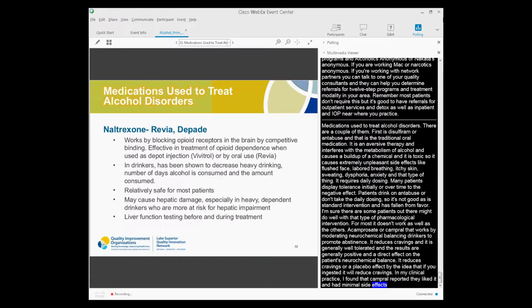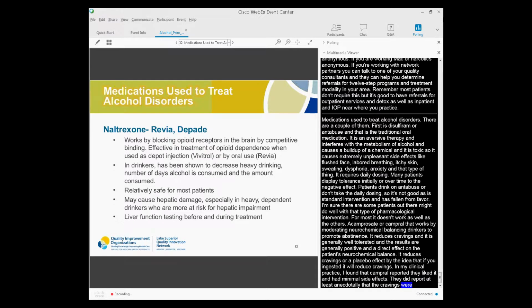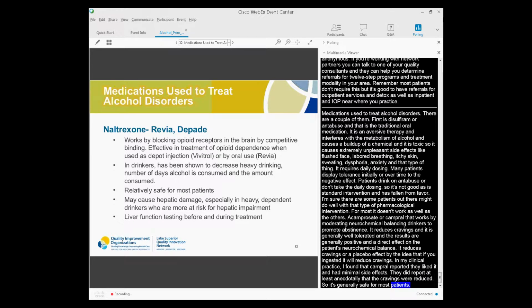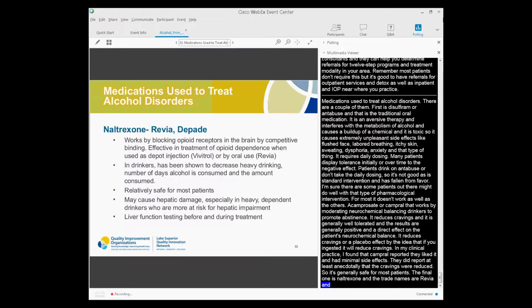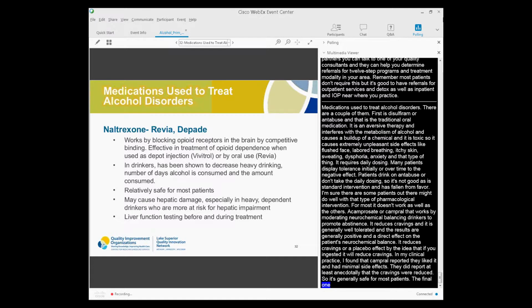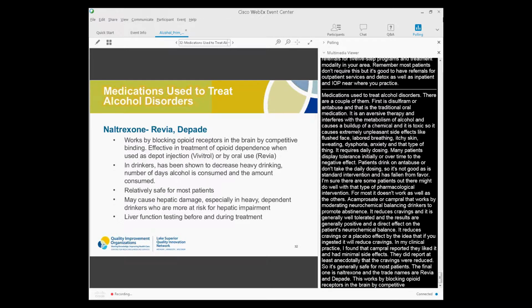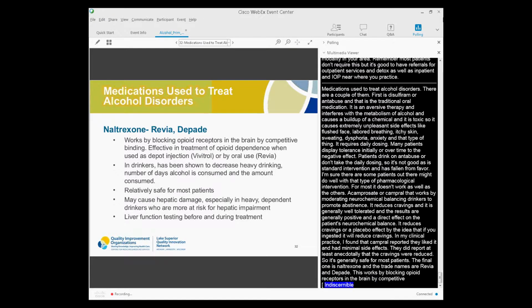The final one is naltrexone. The trade names are Revia and Depade. This works by blocking opioid receptors in the brain by competitive binding. Now, naltrexone was initially used in opioid abstinence treatment because what it does, and what it still